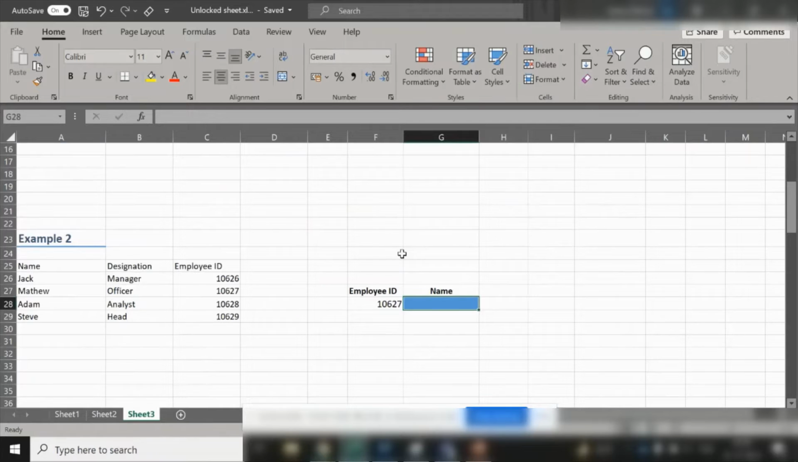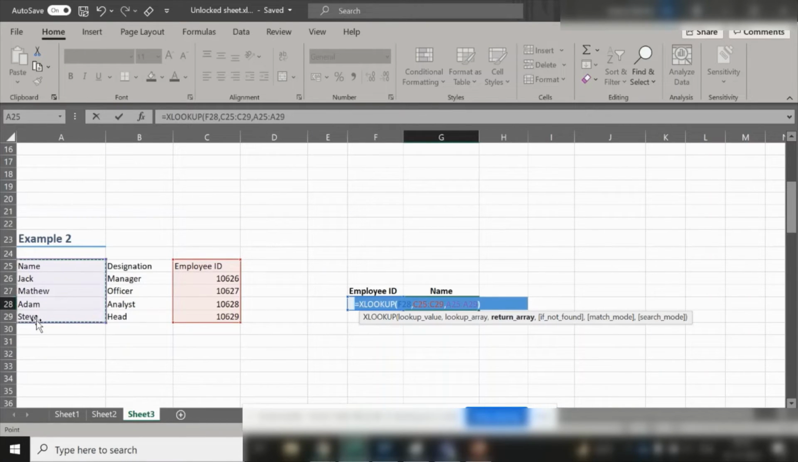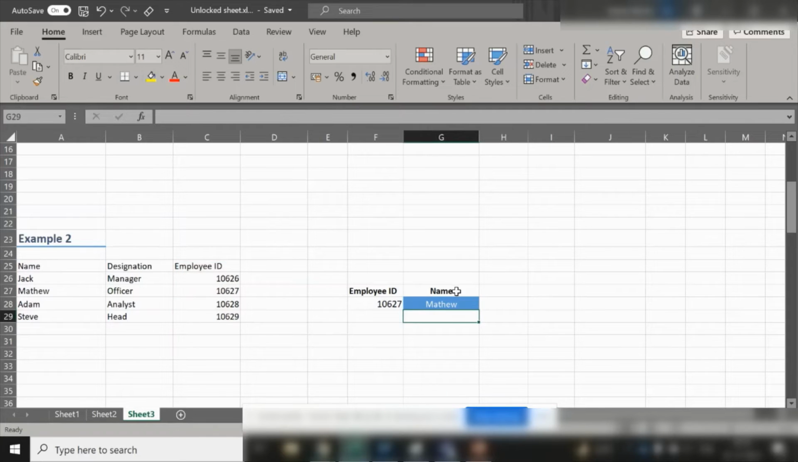We'll see that in this example, where the lookup value is on the right side. We have an employee ID here and we want to fetch the name of that particular employee. And for that, we'll type the same formula, XLOOKUP. The lookup value is the employee ID, which is in the F28 cell, comma. The lookup array is the employee ID column, comma, and the return array is the name column. We'll select that as well, and we'll complete the bracket. And here we have the details of